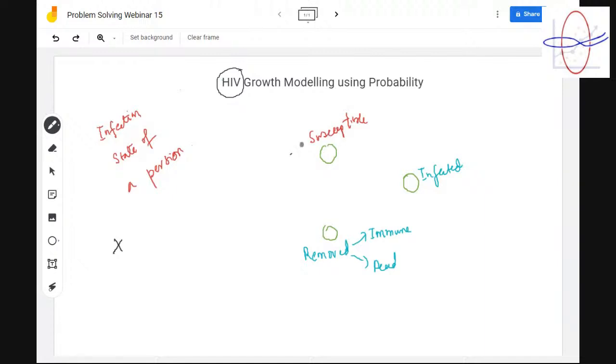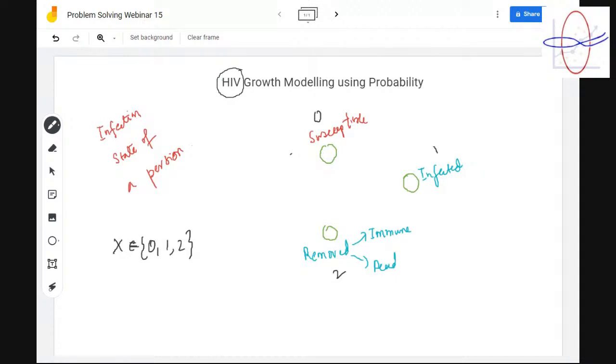So instead of these names, we'll just define them as 0, 1 and 2. So X is taking values 0, 1 and 2. So X is a discrete random variable,